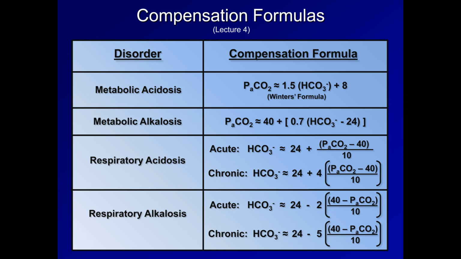The timing of the transition from an acute respiratory process to a chronic one varies greatly between sources, but is generally cited as between 12 hours and 5 days. If compensation is not appropriate using this analysis, it is strongly suggestive of an additional acid-base disorder that is interfering with the compensation mechanism. It is important to realize that physiologic compensation will never bring the pH all the way back to normal. Lecture 5 introduced the anion gap,